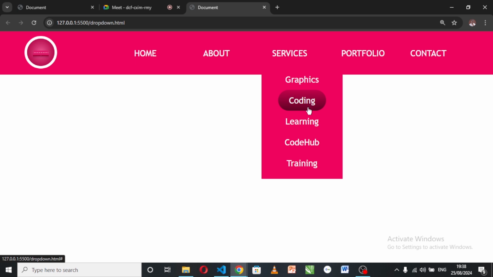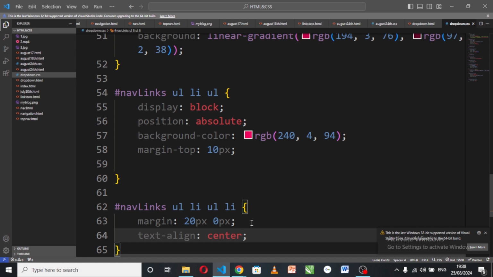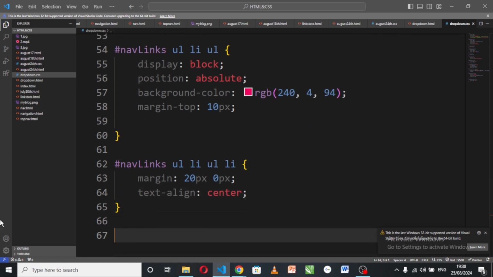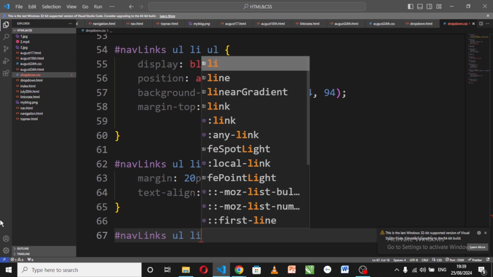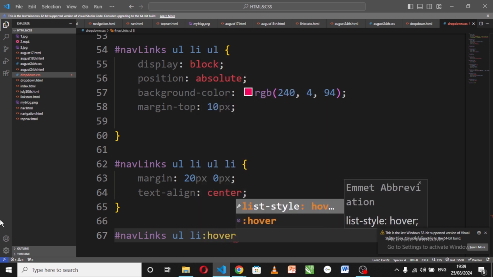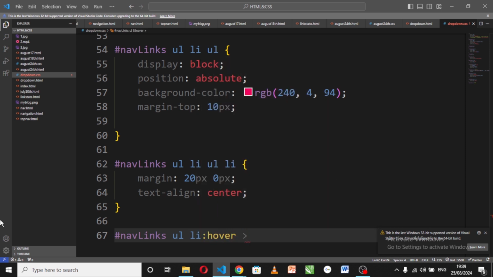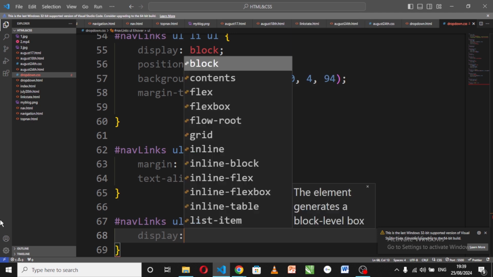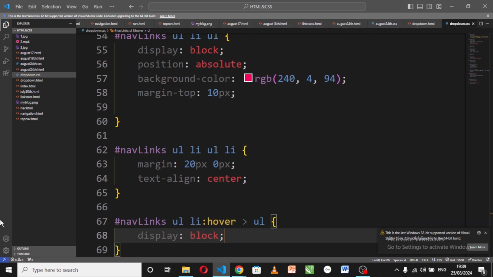So for me to be able to achieve that, all you need to do is to come down and you will target something which is this. You will say the nav link as well, UL, then you will say LI hover, then the direct descendant, then UL. Then you come here and you will say display this as block. Now, before we do this,